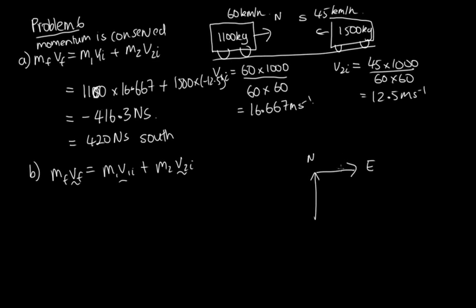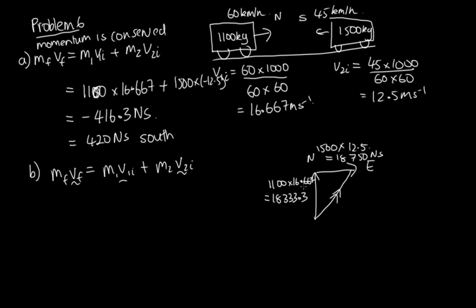So when we add them, we have to add them vectorially, so we draw the vectors head to tail. And so this is our resultant vector here that we're trying to find. Now this is m1v1 initial, so this is the 1100 times 16.667. So this one is equal to 18,333.3 Newton seconds, and this one is the mass 2, so that's 1,500 times velocity 2, which is the 12.5, and multiplying those two together we get